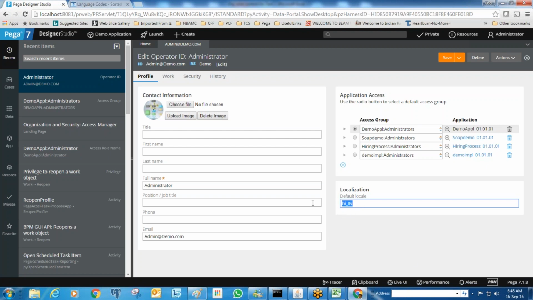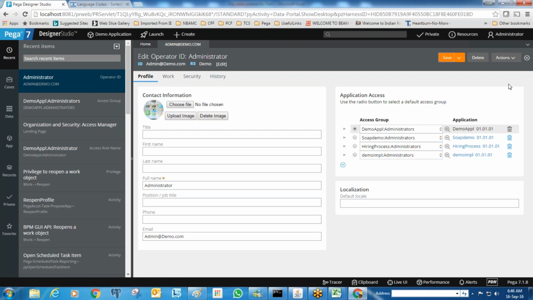So if you just change it and save it, it won't work automatically. You need to get the language packs for Pega. So you need to get in touch with the Pega people. They will provide a language pack for each and every application, whichever language you need to buy. This is a license based one. You need to buy that and then you will get everything in the corresponding language. So for that reason we will use it.